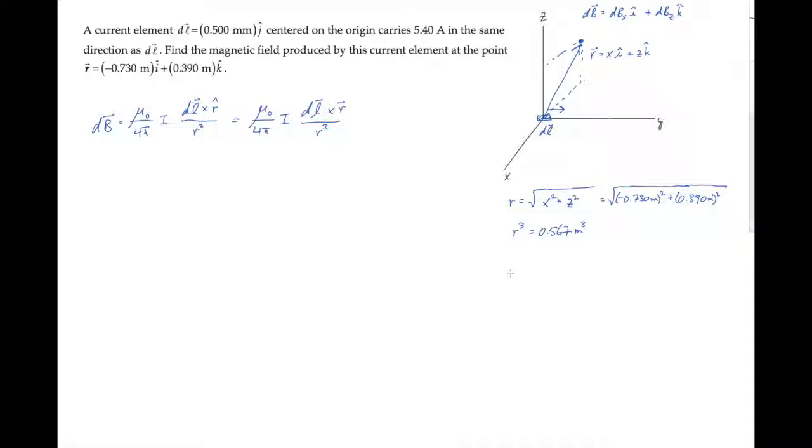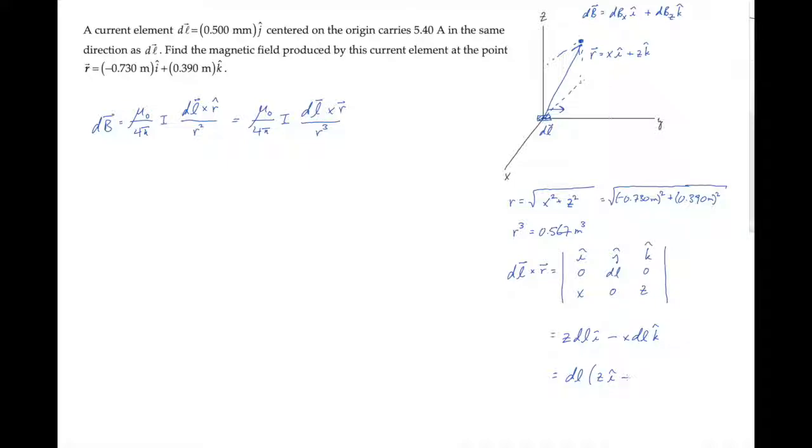And we can evaluate the cross product dl cross the vector r by finding the determinant of this matrix. The vector dl has a y component, and the vector r has x and z components. This gives us a cross product of z dl i hat minus x dl k hat. We can factor out the magnitude of dl to get this expression,